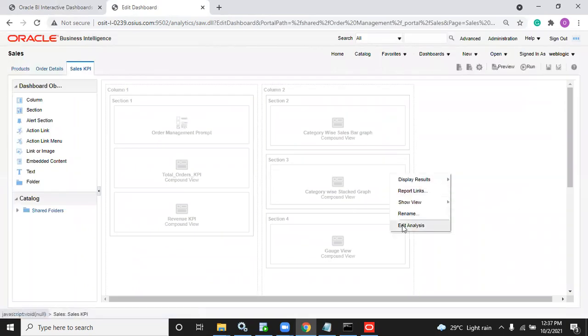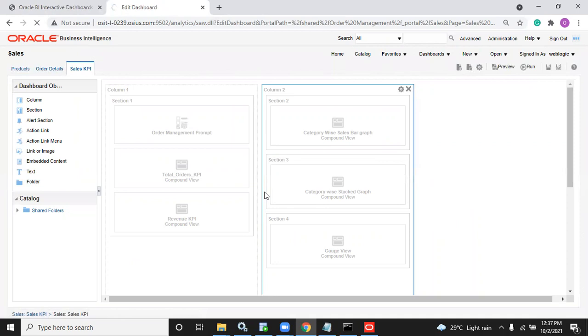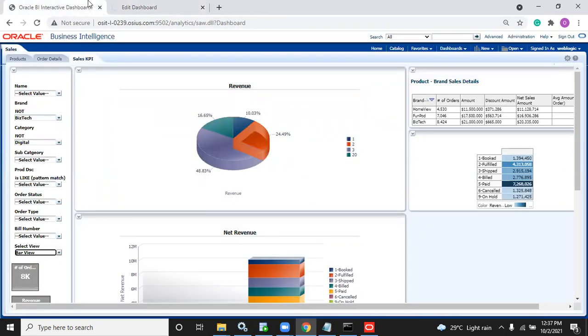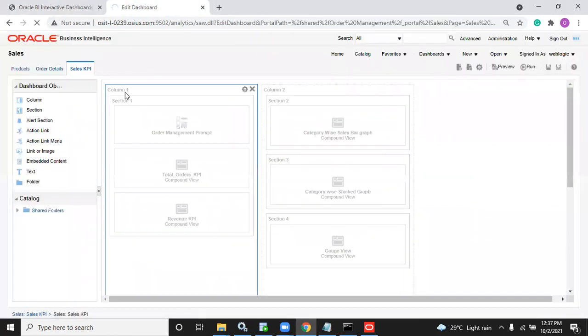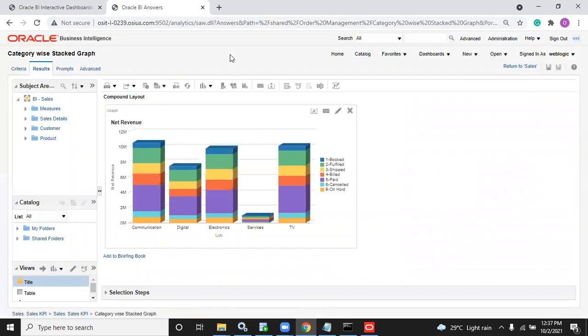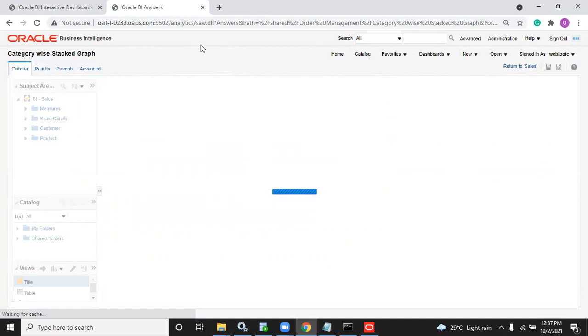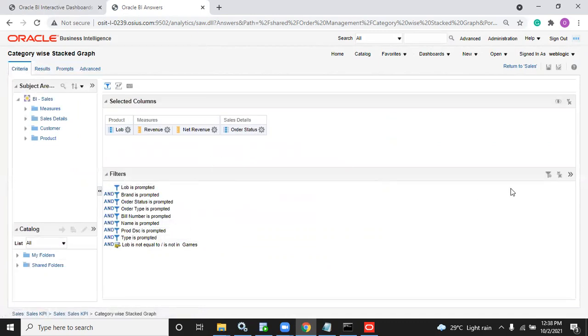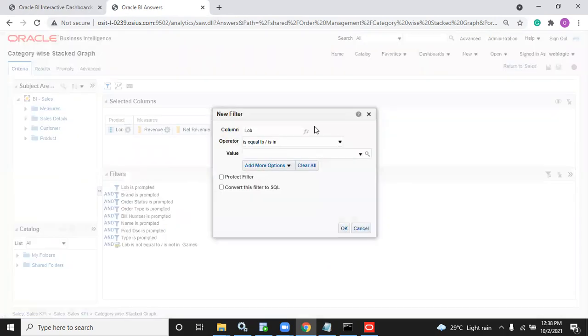Okay, here. This is a bar graph. So what value should it have? Bar view. So it's editing the dashboard. This is one real-time example for variable prompt. Now, here or you can go from here also. Any one of the columns you can go and click on filter. Why?